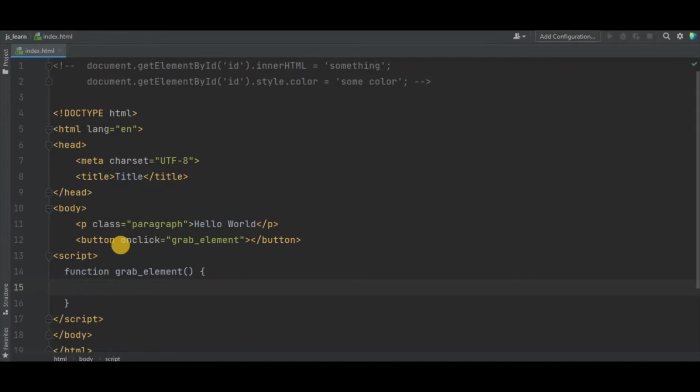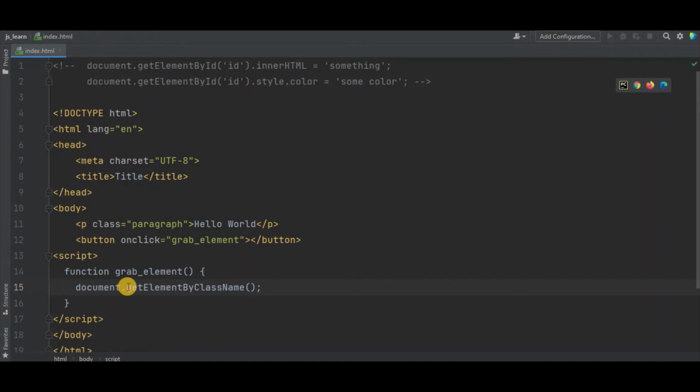Inside the function I will say document.getElementsByClassName.